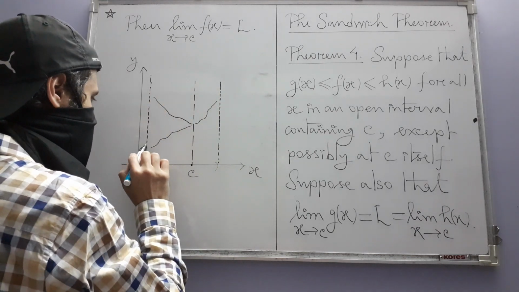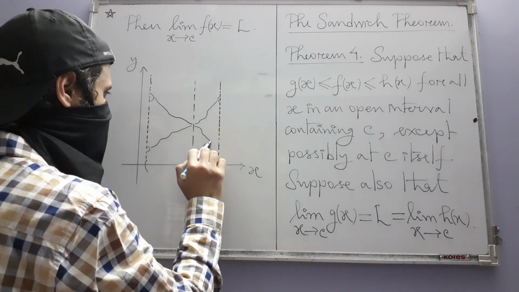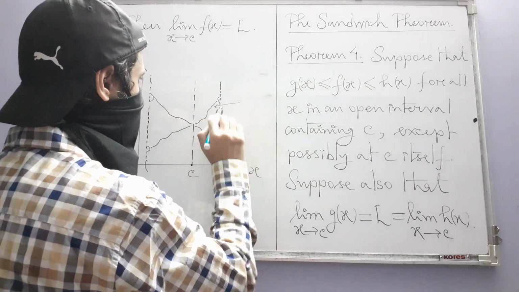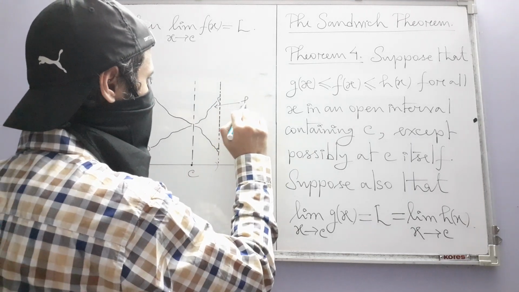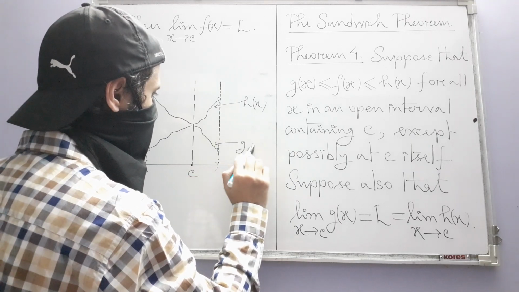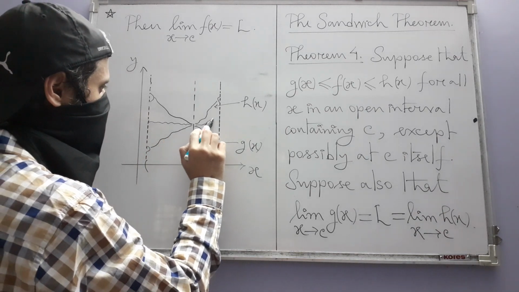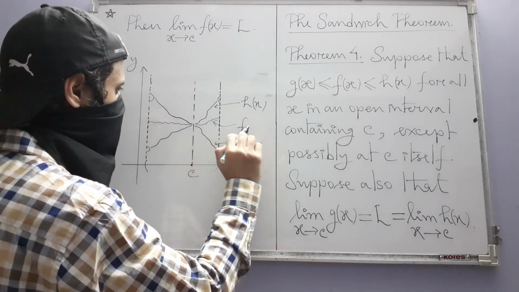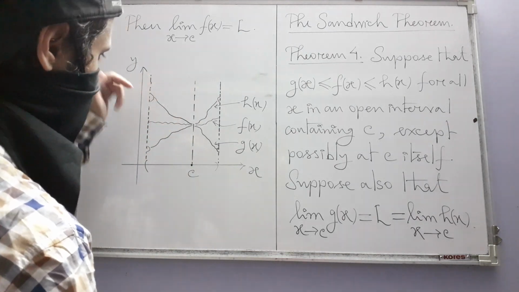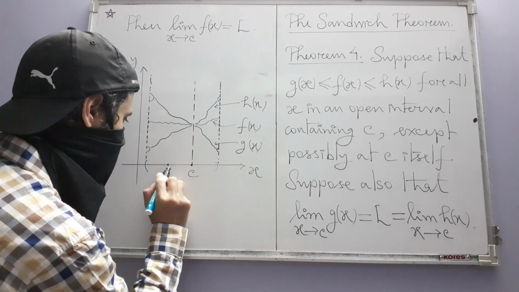Actually, these graphs will not touch these lines. So this is the graph of h of x, and this one is the graph of g of x, and the graph of f of x is like this. And on that side also, this is the graph of g, this is the graph of h, and this is f. So you can see that for any x in the domain,